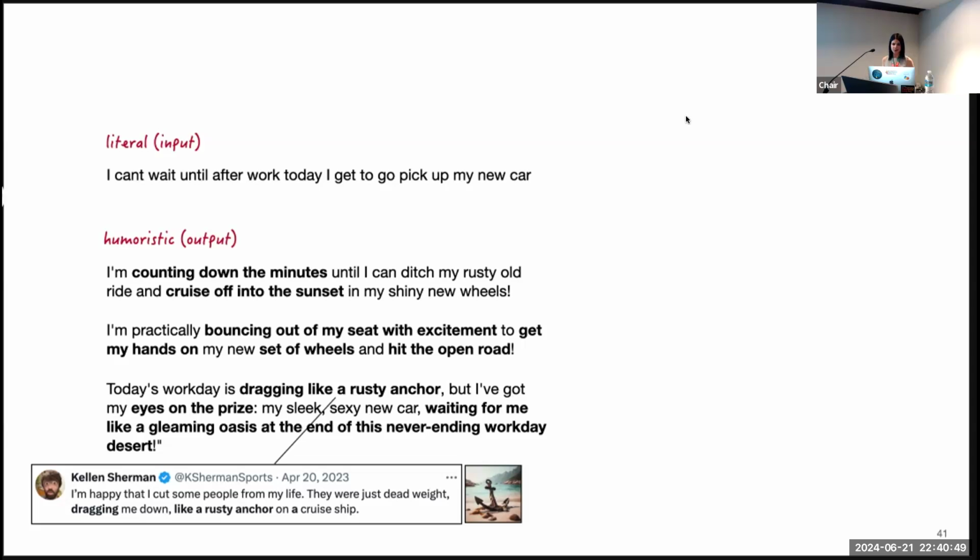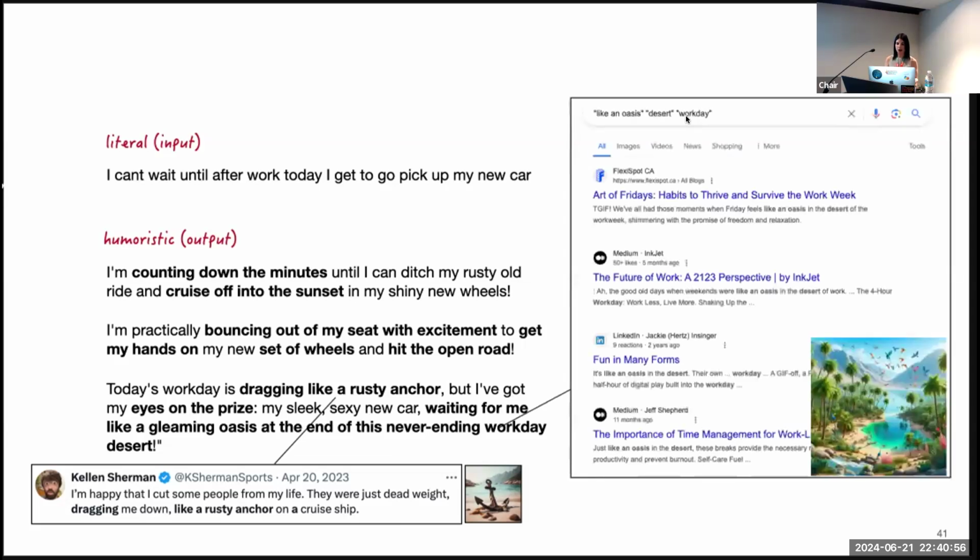Maybe it's also used in other contexts, I'm not sure. And there's also some evidence of using oasis to describe rest after a desert work week, but I couldn't find the exact phrase. But we kind of know that models mix and match. They don't have to have things verbatim in the training data. So I would be curious to test the level of creativity of models in generating new figurative expressions.